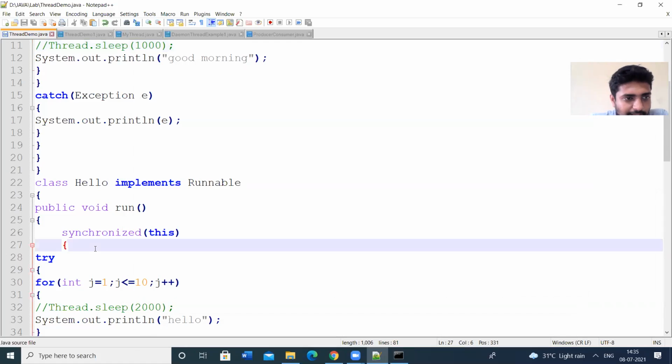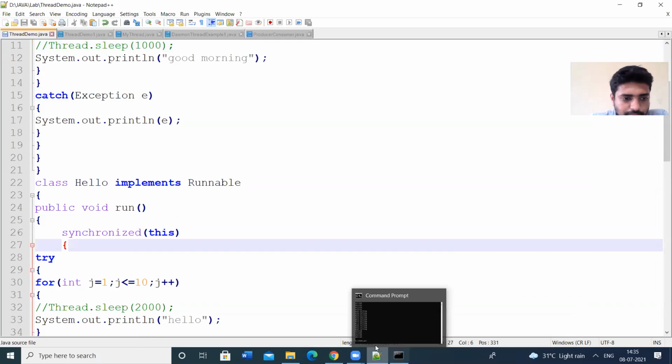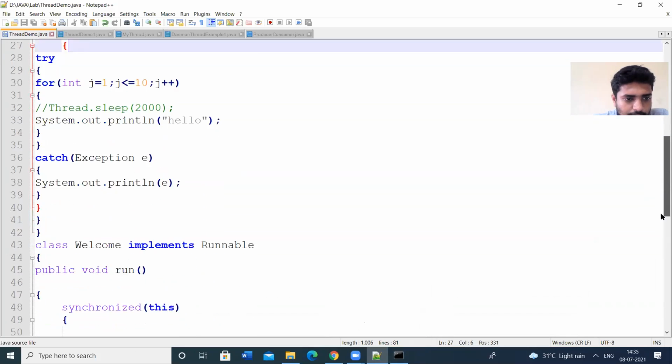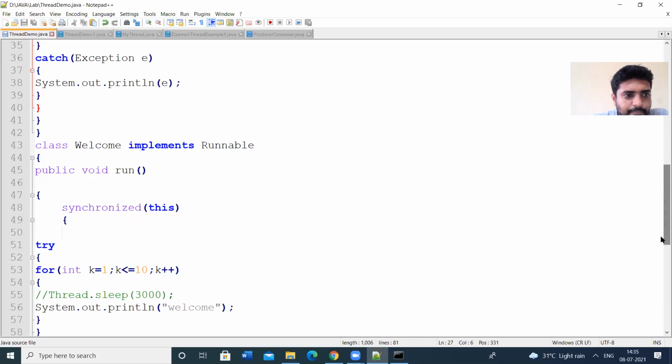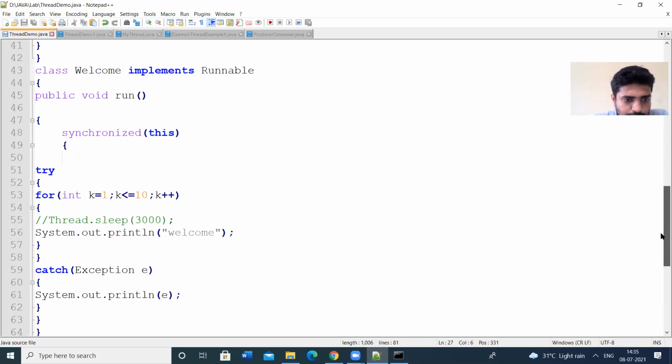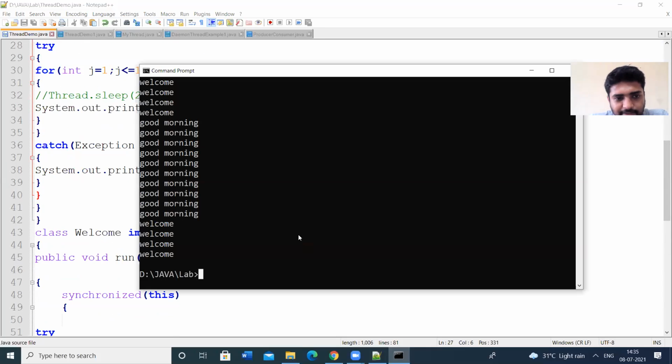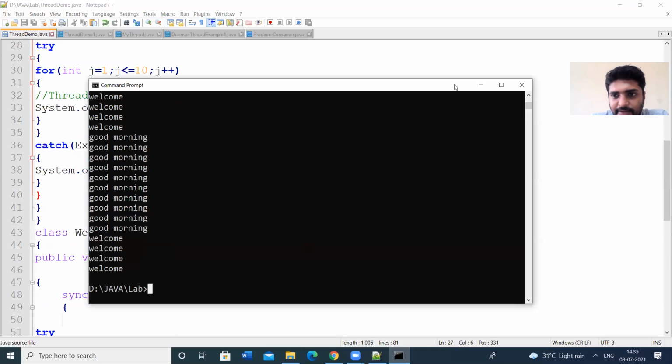That means welcome means the third one. So there is some synchronization here. We can edit the program to get the proper output.